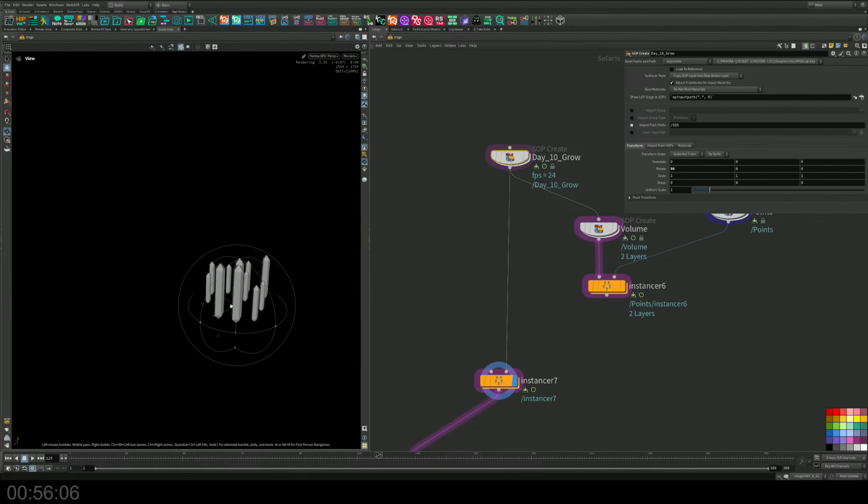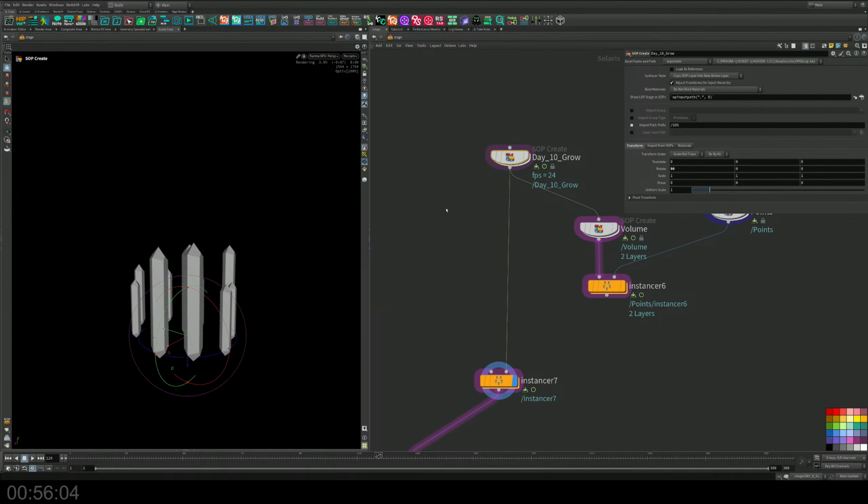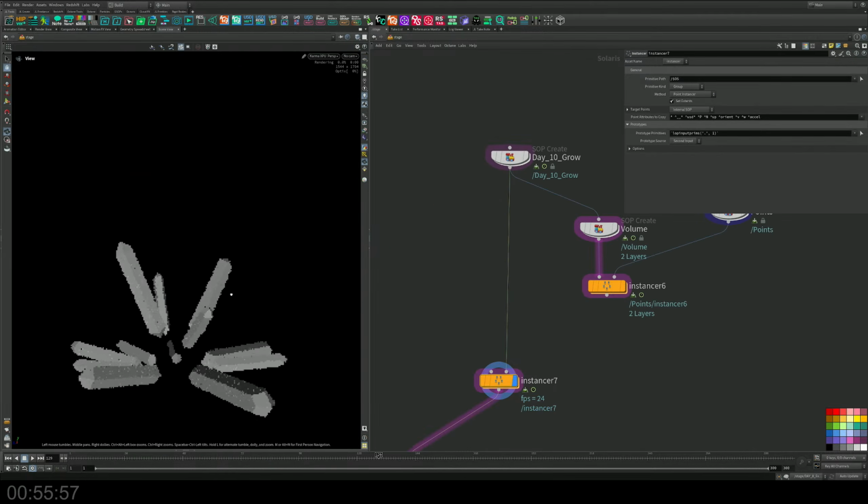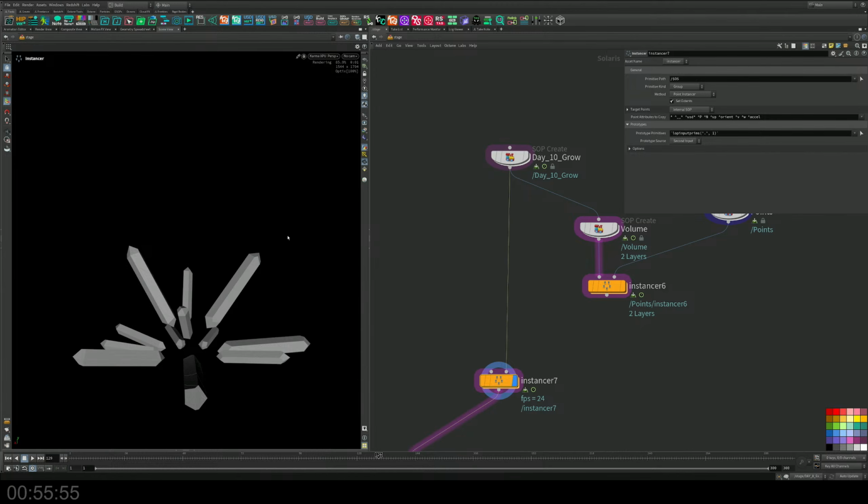And then now we have all of them standing correctly, and then we can go back inside and see if these will work. Okay, yeah. So now we have